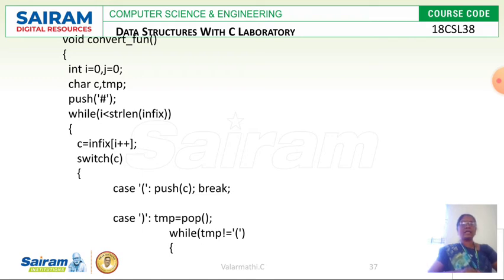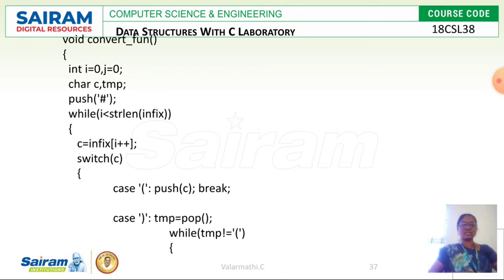Then while i is less than or equal to strlen of infix, this is the condition to start the while loop. Now i is initialized to 0, so the condition will be satisfied, right? So c equal to infix of i plus plus. The first character is stored in the character c. Now based on the first character, it is going to be executed in the case operations.